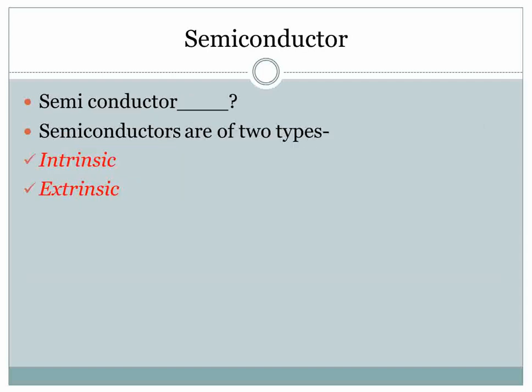So what is meant by semiconductor? A simple word to remember: semiconductor means its conductivity property lies between the insulator and the conductor. That material is called a semiconductor. In semiconductors we have different types of classification depending upon the doping levels. Basically we will discuss two types: intrinsic semiconductor material and extrinsic semiconductor.